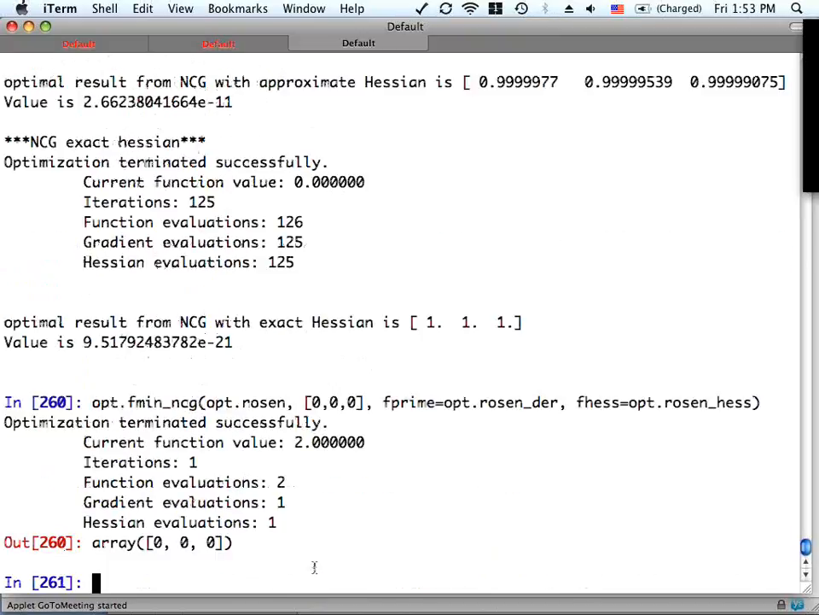So I get a behavior like this. It says that it terminated successfully, but the current function value is 2. The iterations were 1, the function evaluations were 2, and the gradient evaluations were 1. Basically it did one Hessian evaluation, one iteration, and I think it's fair to characterize this as a bug in the NCG algorithm for when